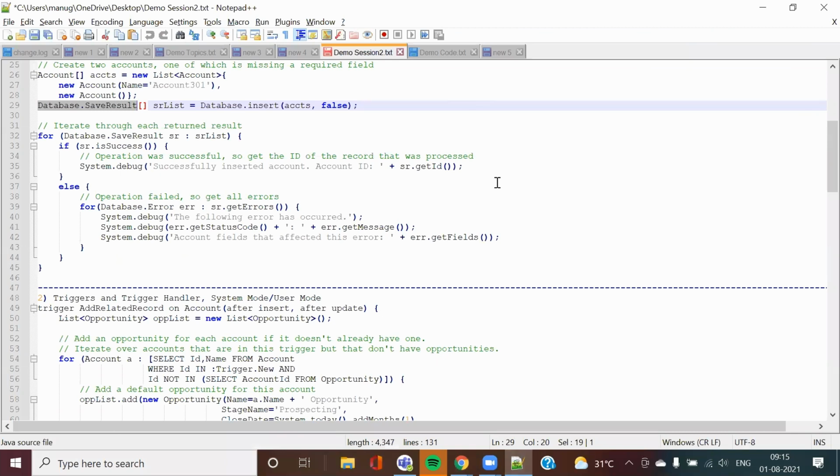Triggers are just like this: whenever I'm doing some sort of transaction and I click on a save button. Assume I have an account object. On the account object I have the field annual revenue, and I have the field status. Assume there are two fields: annual revenue and status. Status is a picklist field. It has three values: hot, warm, and cold.